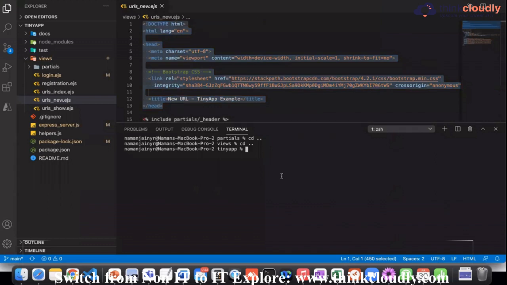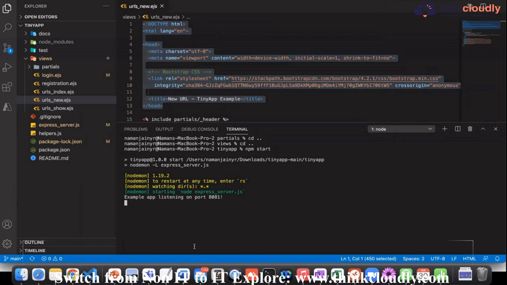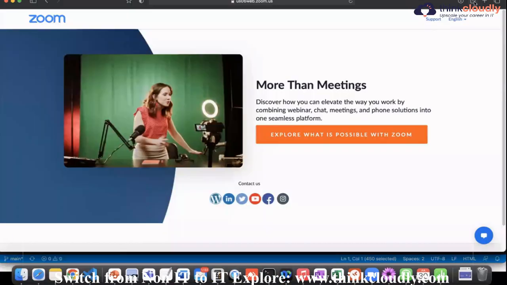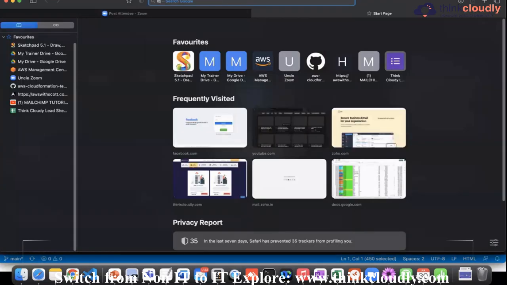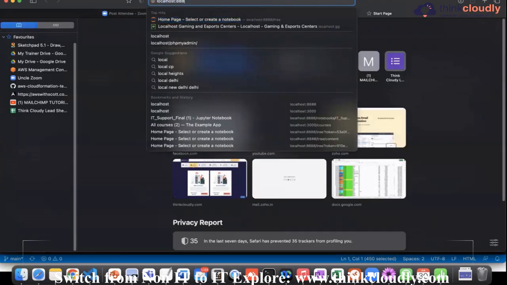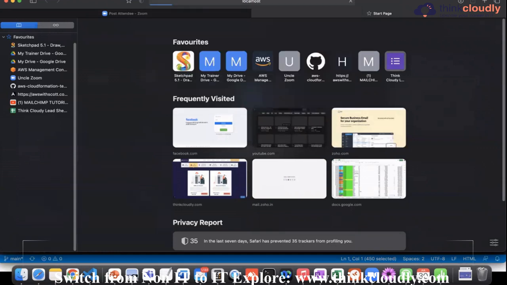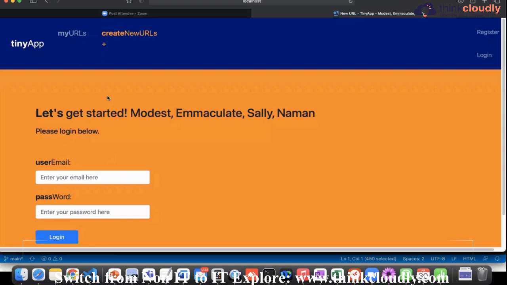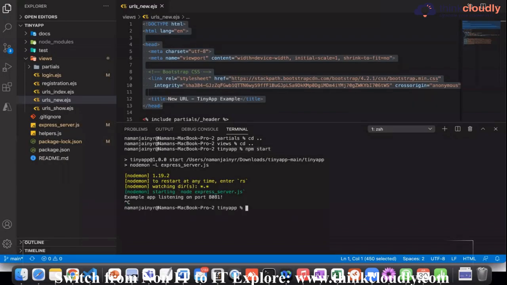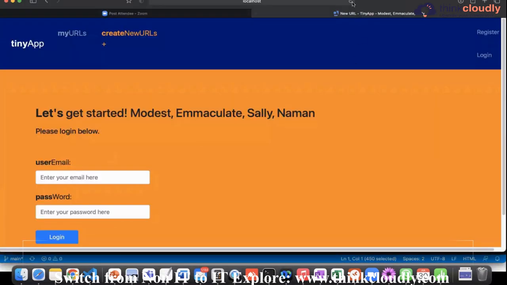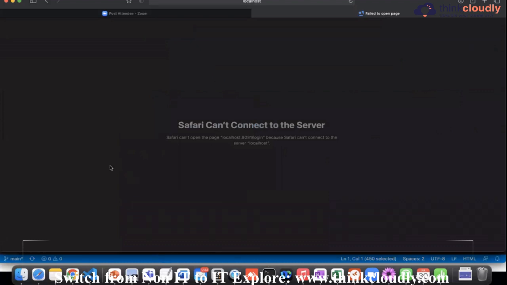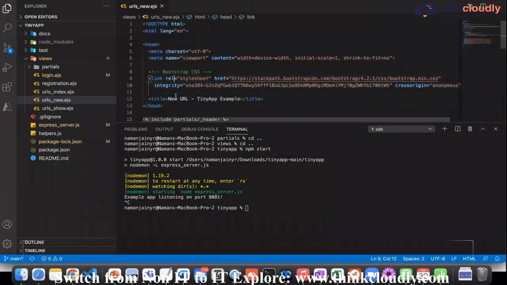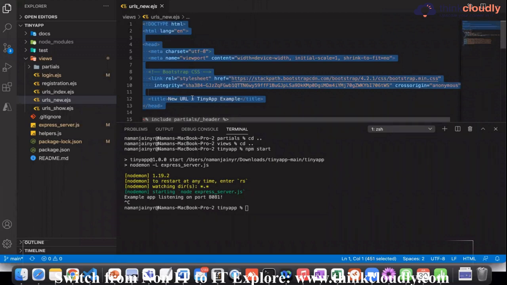So now over here, if I run this, see, I have actually started this application. When I have started this application and I go and try to access it, so this is at 8081. Okay, see, I can access my application over here. You see, this is the application. Now, if I stop this application over here, and if I go back and refresh, see, this application is not working. So it means this code is responsible for running the application.